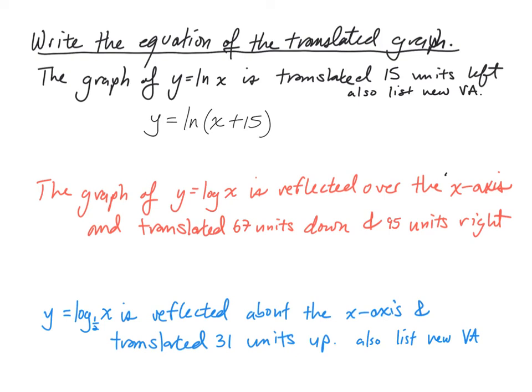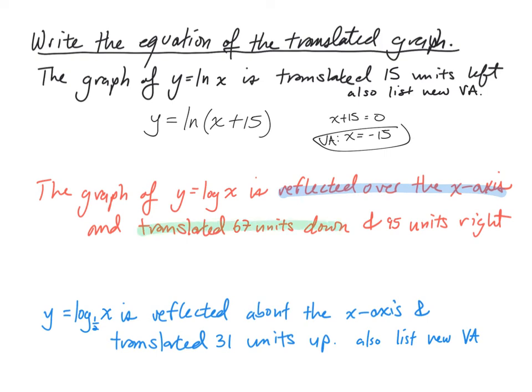Also list the new vertical asymptote. So if we take that x plus 15 inside, set it equal to 0, we would get x equals -15. Boom, there's your new vertical asymptote for this transformed function. And the rest of these work the same way. So if we have the graph of y equals log of x is reflected over the x-axis, so there's one that I can see. Let's see, reflected over the x-axis,